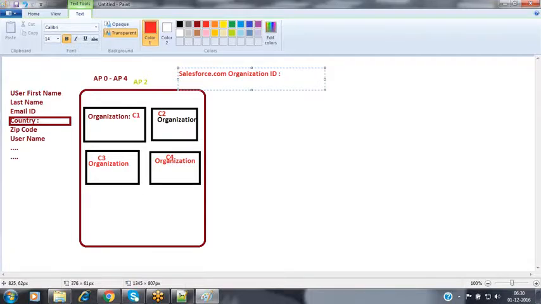So what ID has been allocated by Salesforce for my organization? Because as of now, everybody will have their own Salesforce accounts. Whenever you are creating a Salesforce account, Salesforce is allocating some amount of space inside that associated region's available server. For each and every organization, Salesforce is allocating one unique identification number. Then how do you know what unique identification number has been allocated by Salesforce to us? Where exactly can we find this unique identification number?